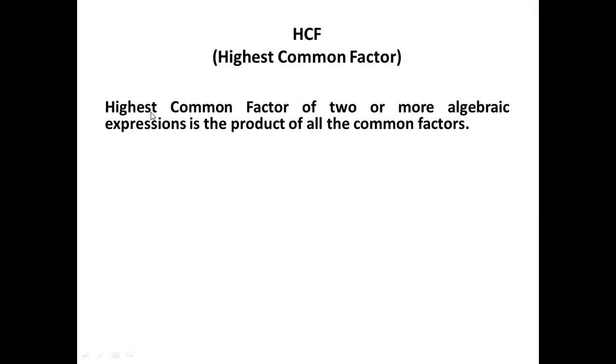HCF, the highest common factor of two or more algebraic expressions, is the product of all the common factors. That is, we first have to factorize the given expressions, and from them we take the common factors. Those common factors are found, and by multiplying them, whatever we get will be the HCF of the given algebraic expressions. For example,